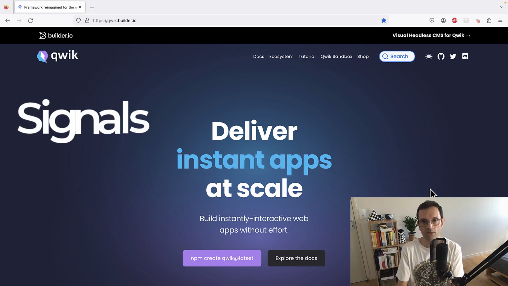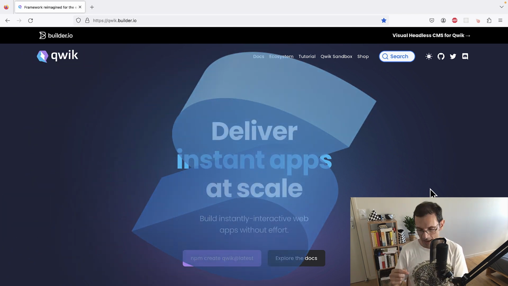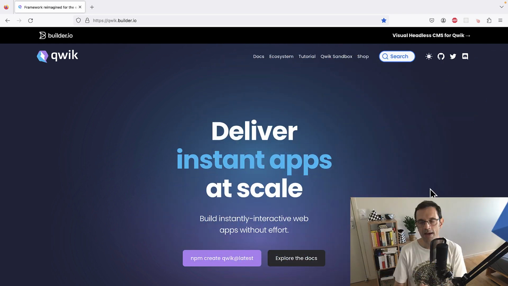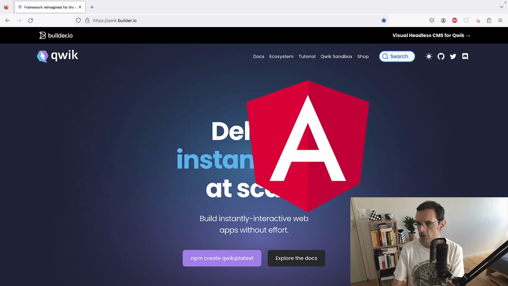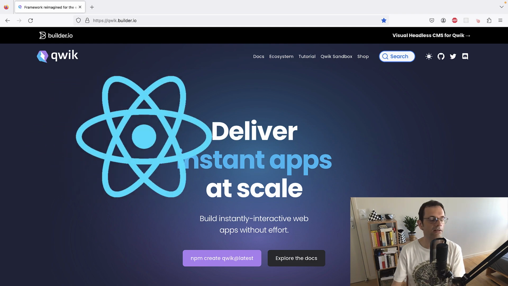And you will have signals, and signals is the new big thing. Everybody is talking about signals. It comes from Solid.js and it makes your apps way more performant. Everybody is adopting signals simply because it allows you to really focus on a specific part of a component that you need to refresh. Angular 16 is adopting signals. You have almost the same concept in Vue. React also is adopting signals, and so does Qwik.